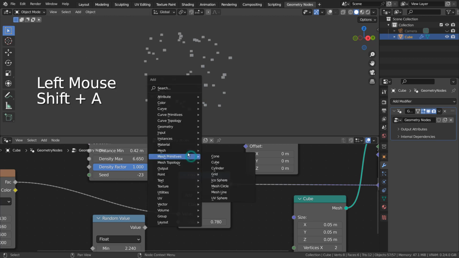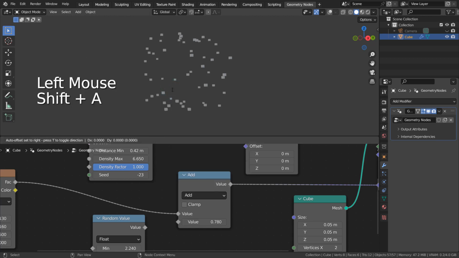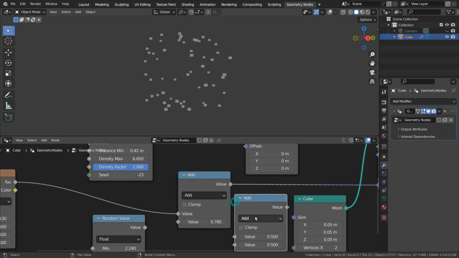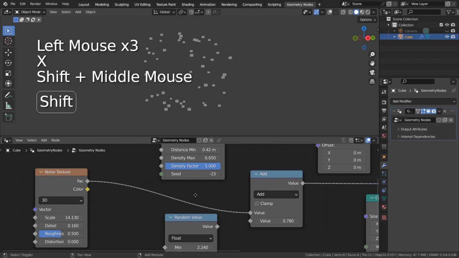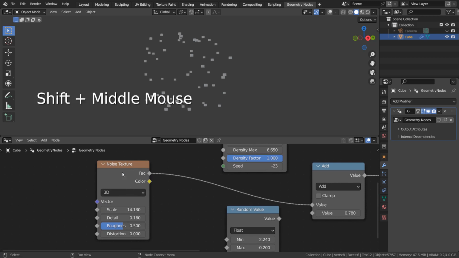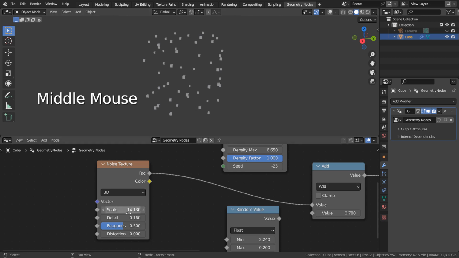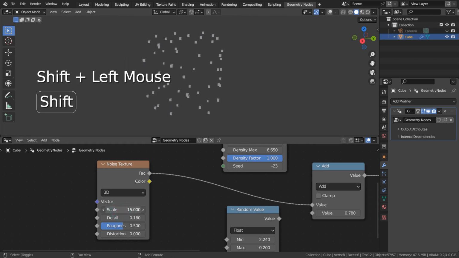This is a math node. We can use other texture nodes.